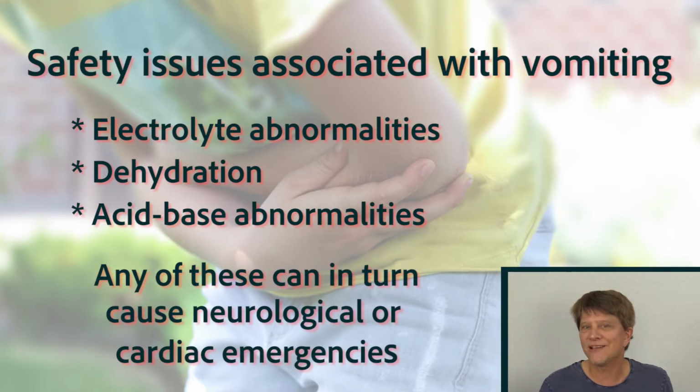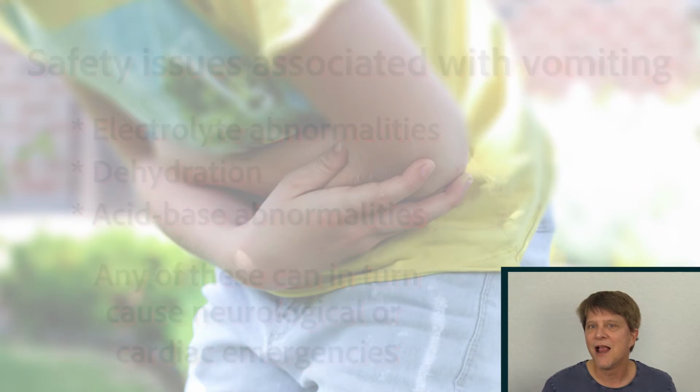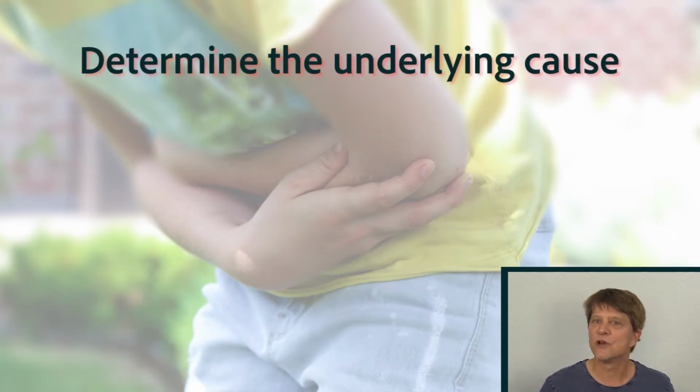Metabolic alkalosis and dehydration are going to occur. Those types of imbalances can then lead to neurologic symptoms and spiral out of control very, very quickly. So it's really important to monitor the situation, and make sure that the problem has not occurred for a long enough period of time for that type of complication to occur. But there are also safety issues regarding the condition that is causing the vomiting, because in many cases, the underlying condition will need to be treated before the vomiting stops.